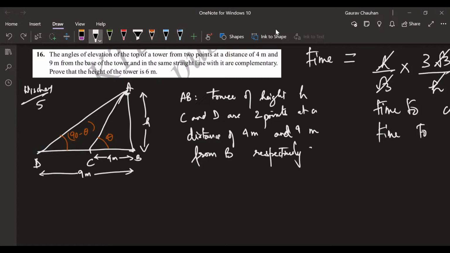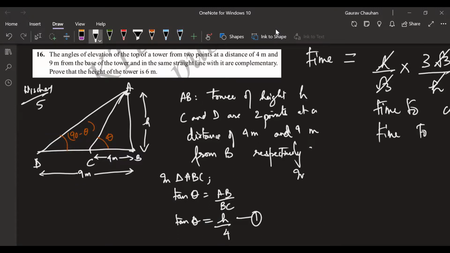So here we have drawn all that is there. We have two triangles, again the same approach. There is this one big triangle, common side, this smaller triangle, common side. We're going to make sure in both the triangles, whichever ratio we take, the common side is included in both ratios. So in triangle ABC to begin with, I have tan theta is equal to AB by BC, that's equal to h by 4. So tan theta is equal to h by 4.